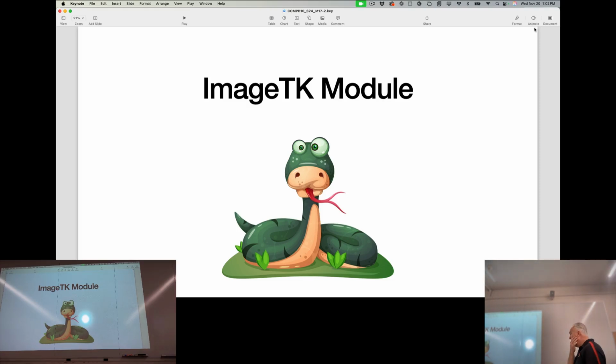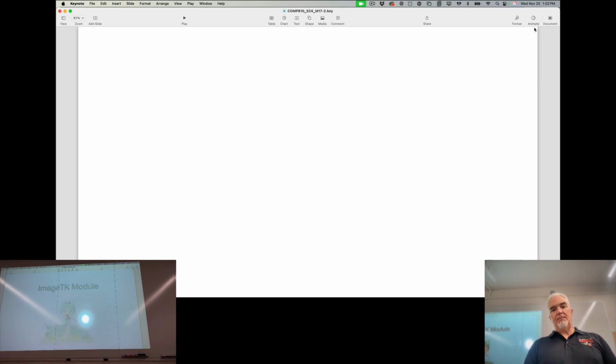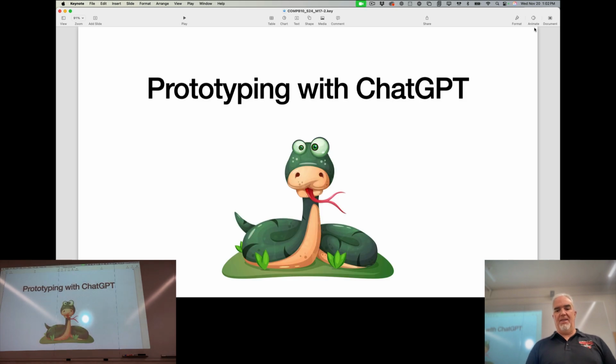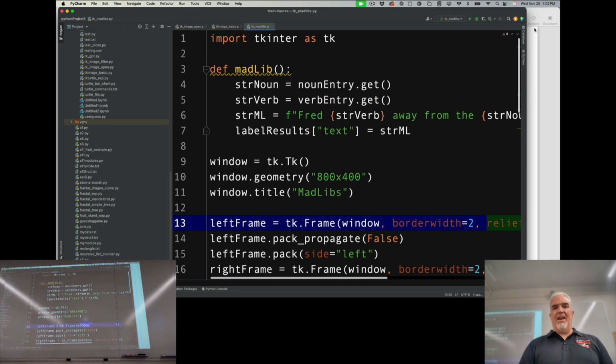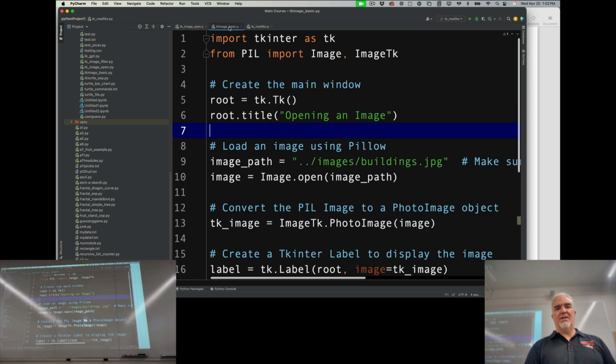Before we do that though, I want to take a look at a module inside the TK interface library called Image TK. And this is what allows you to take an image file from outside of Python or just outside of TKImage and convert it. And the most important thing is that it allows you to take a pillow image, which is what we've been using,